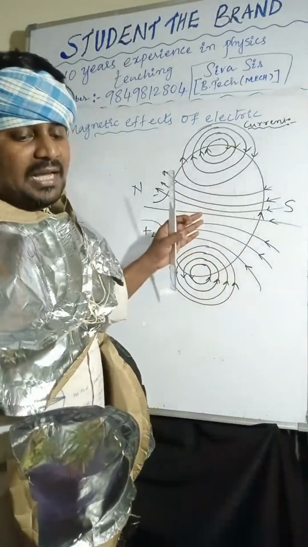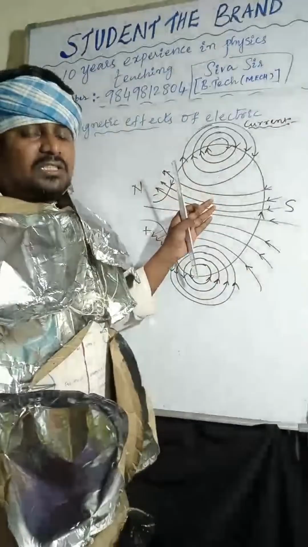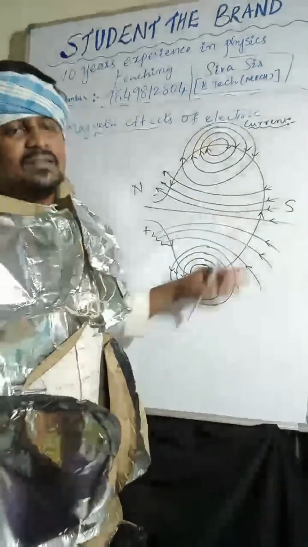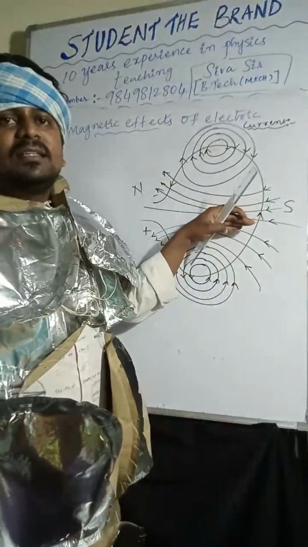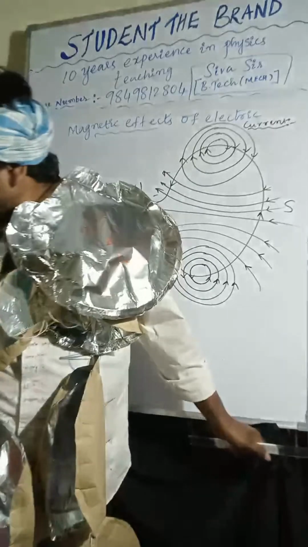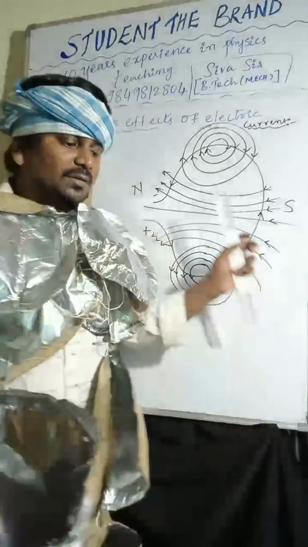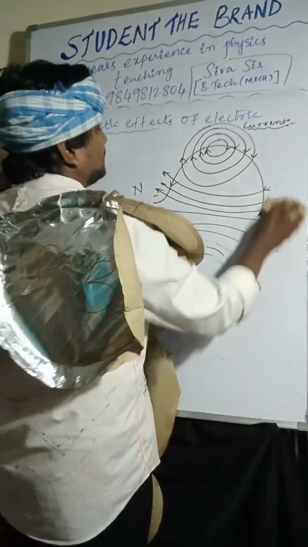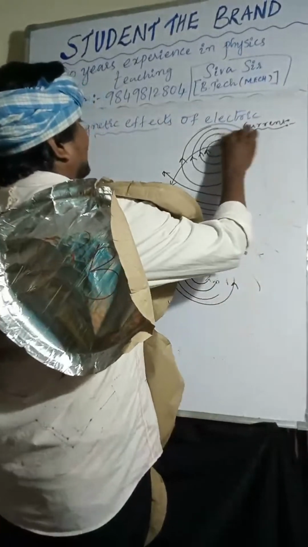This question they will ask. Magnetic field will be more at the center than at the circumference. Very important, this question, this concept. Okay, next we are going to one more, that is